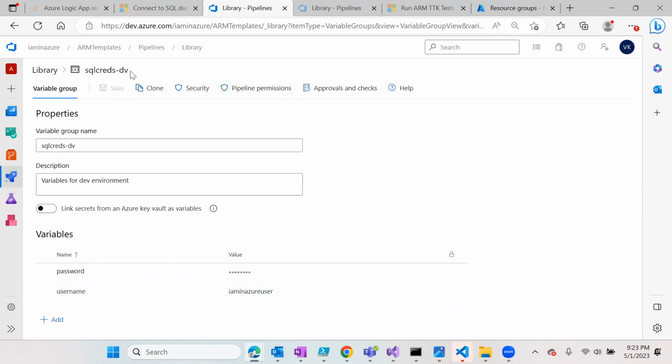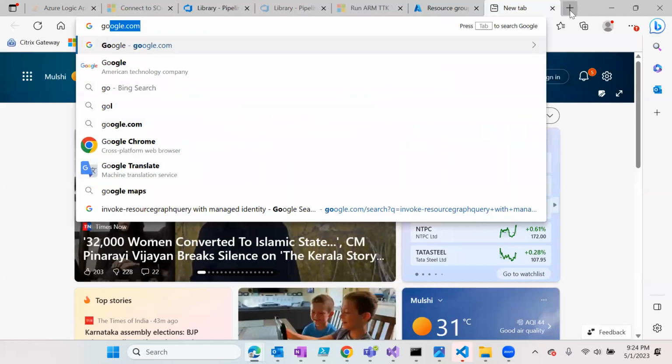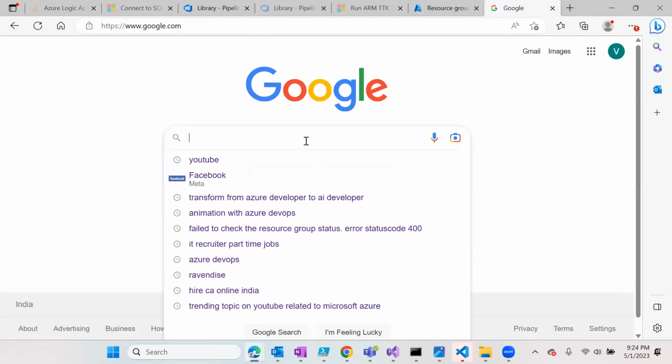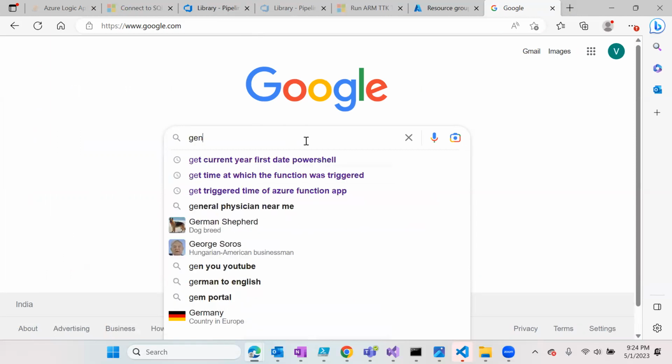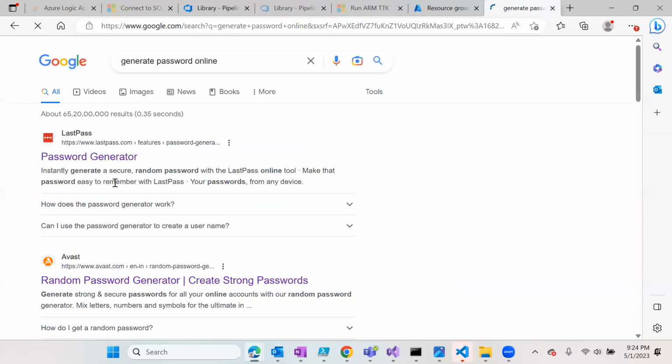So I have one group for dev, right? Similarly, I want to create one for prod. I can simply do a clone instead of creating everything from scratch. This will create a copy of the same variable group, but now I will just refer to it as prod, and let's make it production environment, and then the password. This time I'm going to use a very strong password. So what I will do is generate some random password online,